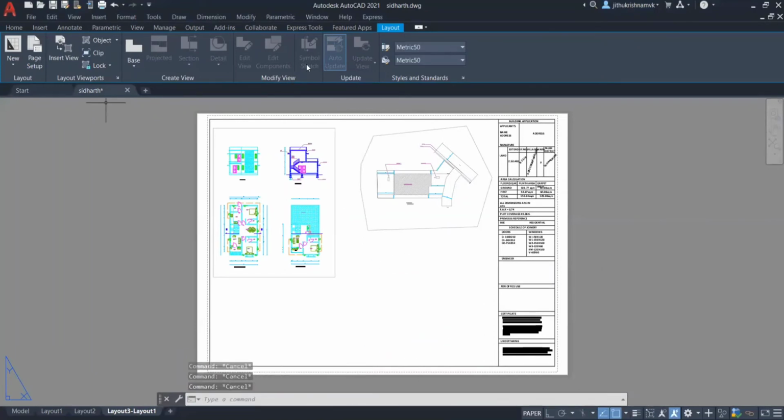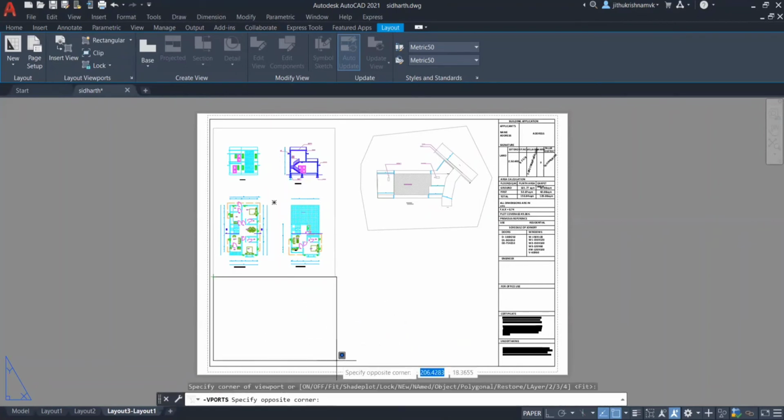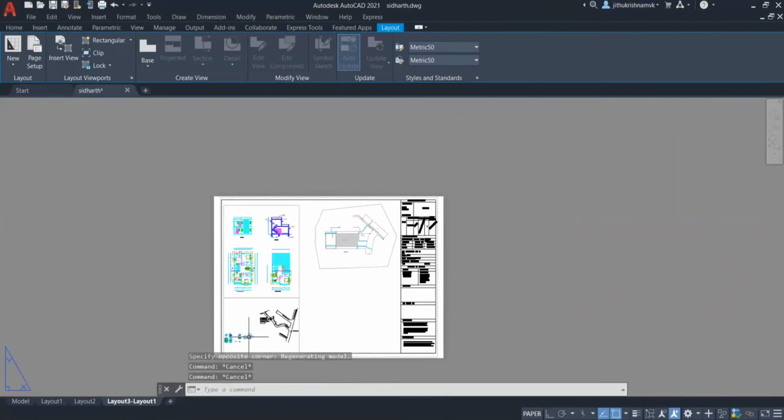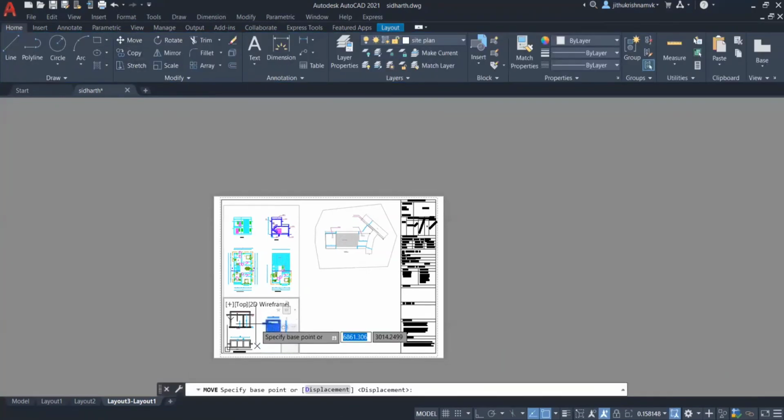Now I am going to adjust those drawings with a rectangular viewport. If we want, we can edit from here itself using the move tool and making it closer.